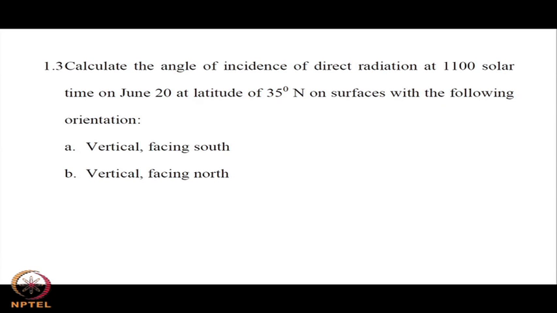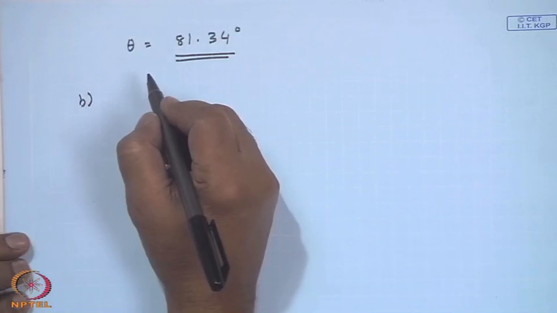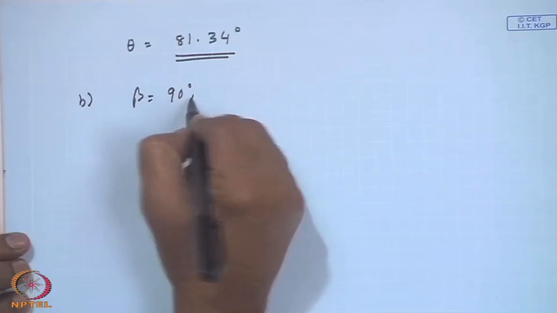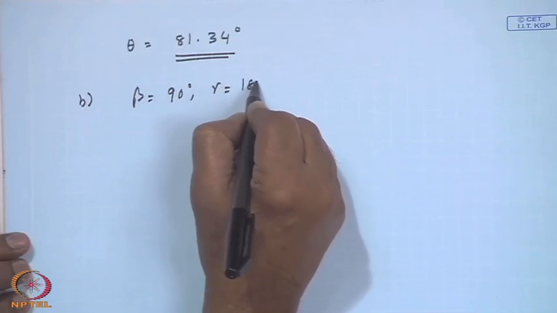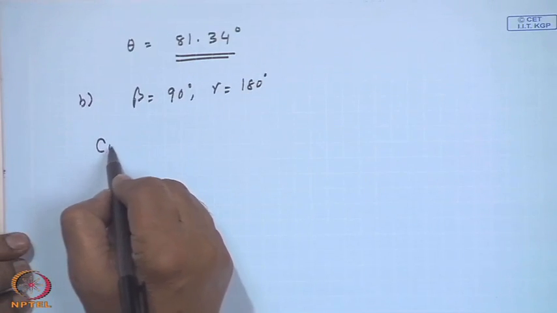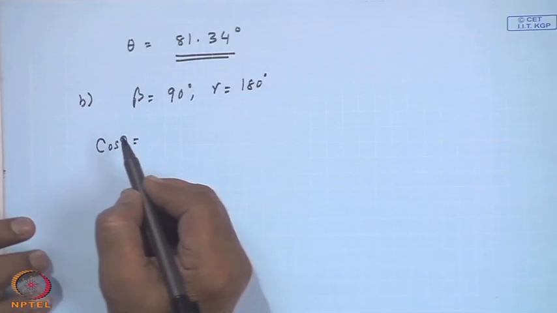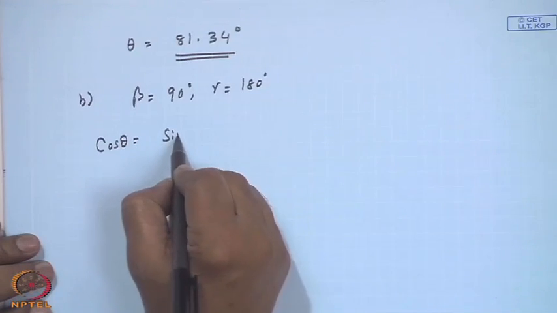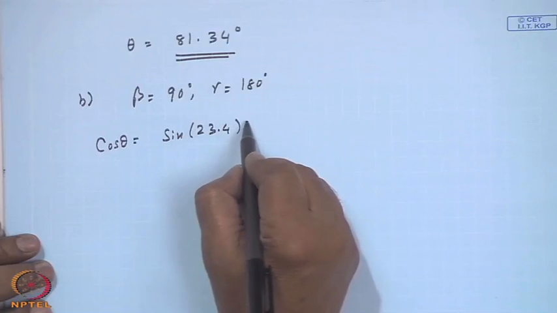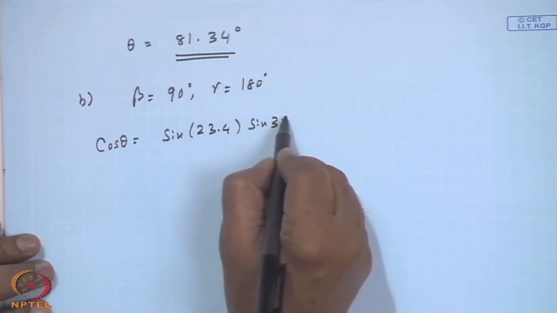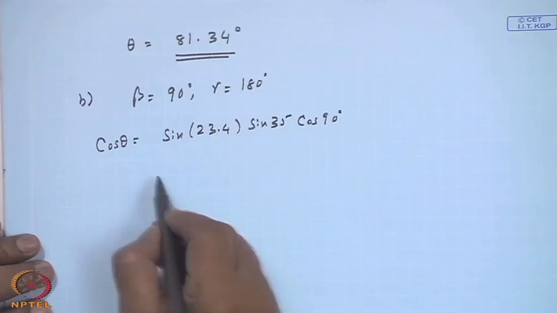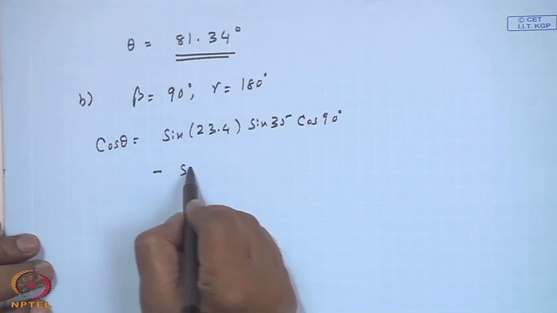B, vertical facing north. So, beta is equal to 90 degrees, gamma is equal to 180 degrees, right. Cos theta is sine 23.4, sine 35, cos 90 minus sine